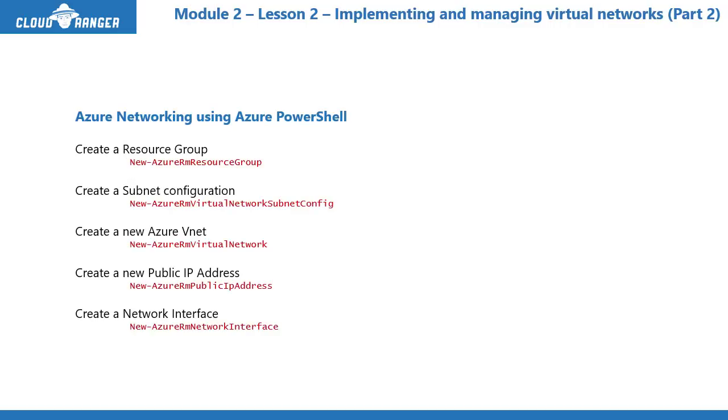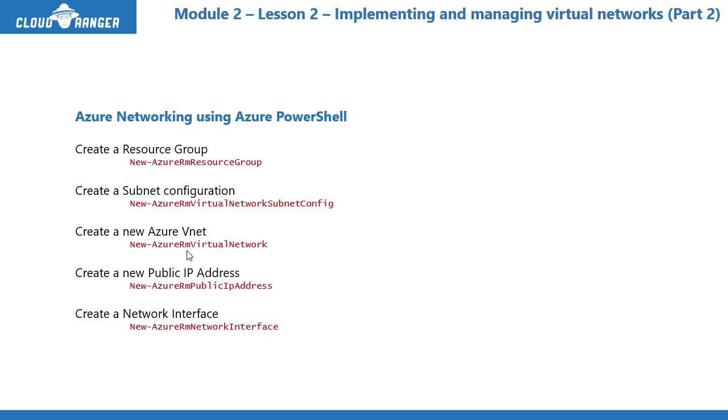And we are going to start with PowerShell first. So, Azure networking using Azure PowerShell. In PowerShell, these are called commandlets, and they are very specific to the Azure module. If you recall, the first thing we had done was create a resource group. The way you do that in Azure PowerShell is to use the commandlet New-AzureRmResourceGroup, where RM means Resource Manager. How do you create a new subnet configuration? New-AzureRmVirtualNetworkSubnetConfig. How do you create an Azure virtual network? New-AzureRm